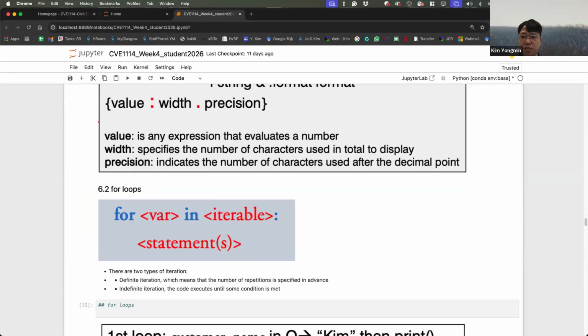Okay, we finished the conditional statements. And then we are going to move on to the for loop, showing you how to perform definite iteration with Python. Have you heard about iteration, right? What is iteration? Iteration is executing the same piece of code more than one time. Execute once more, execute again, execute again. Hopefully, we know when we can stop.